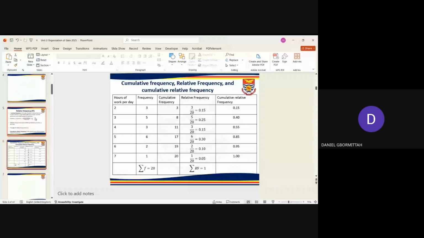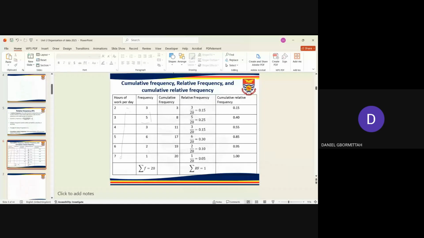So let's look at this particular one. You see that we have the hours they work per day, and then the corresponding frequency. So these are the hours per day, and these are their corresponding frequencies. Okay, so if you look at the corresponding frequencies, you find a summation of all the frequencies for the